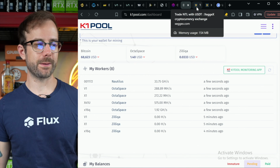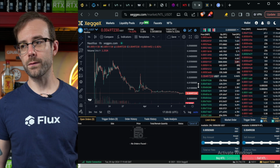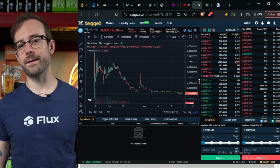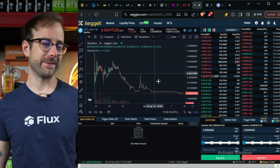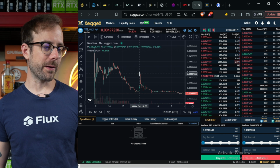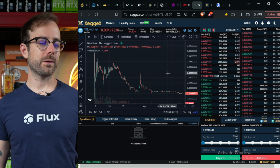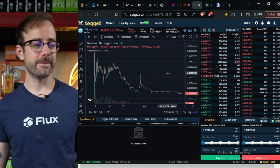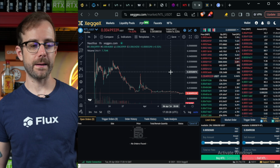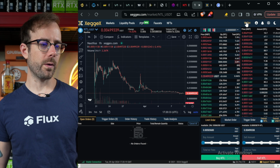So since I started mining Nautilus on the FPGA, the price has been just absolutely hilarious, and I am so glad that I continue to dump on the market and just accumulate, in this case, Tether, as I dump the Nautilus that I'm mining regularly, because it started out at around 3-4 cents, had a little bit of a pump trying to get back over 2 cents, and then has absolutely just gotten destroyed and is currently worth, what's that, half a penny. So I'm very glad that I decided to get regular payouts and then instantly do a market sell to get rid of this Nautilus